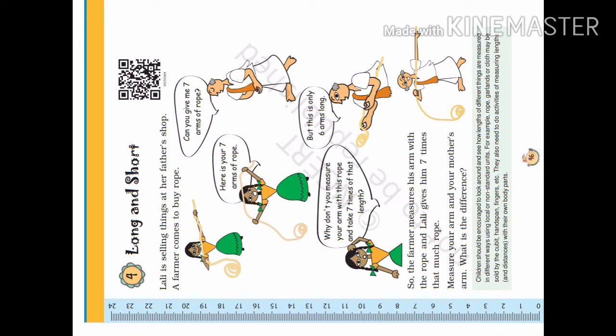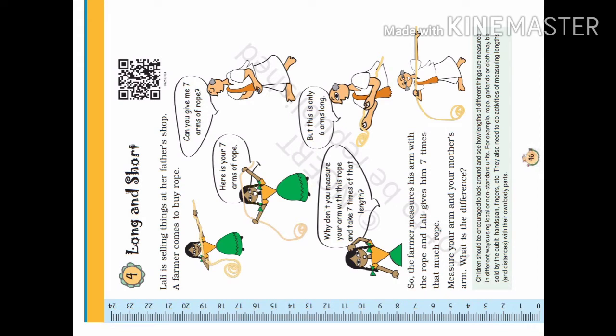The farmer came and asked Lali to give 7 arms of rope. That is, to measure the rope from Lali's arm 7 times and to give that much length of rope. And then Lali measured as the farmer had asked her to, and then gave the farmer 7 arms of her rope. Then when the farmer took it from Lali and measured it from his arm,